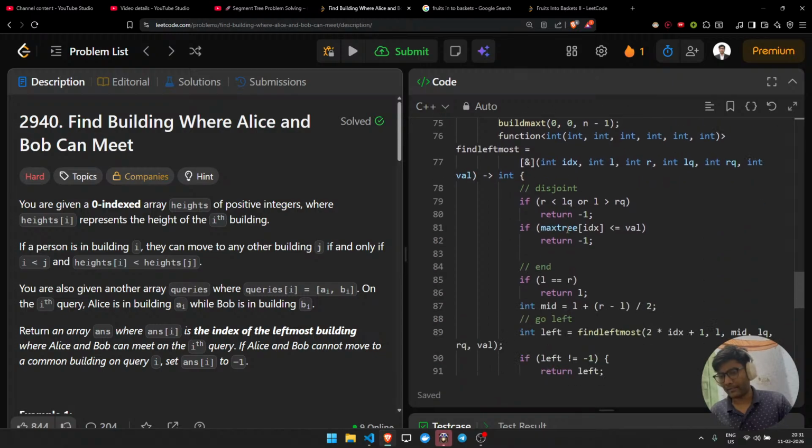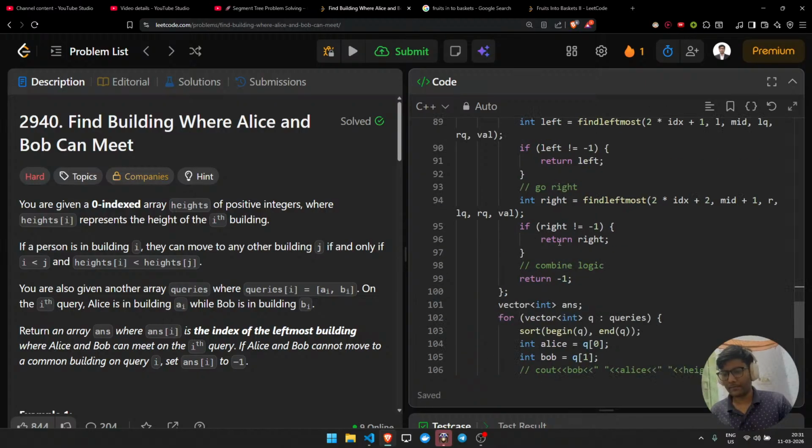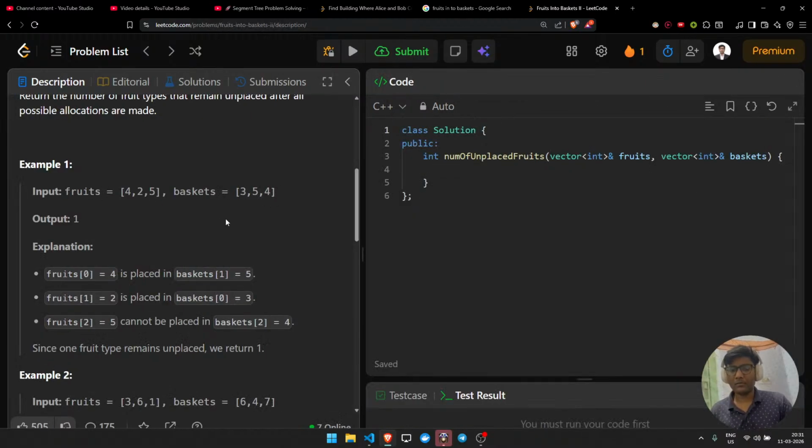While finding the leftmost, minimum was not required for us. So we will make a maximum segment tree of baskets. By using the maximum segment tree for every fruit type, I will find the leftmost